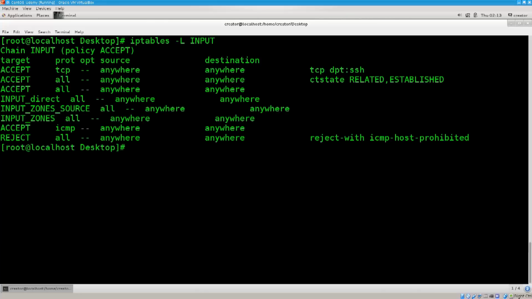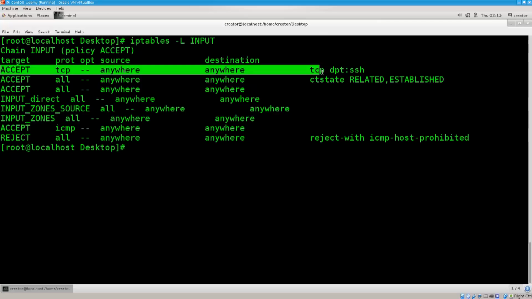And if we do iptables -L INPUT, you can see that my very first rule in the chain is TCP with the destination port for SSH. 22 is the standard port for SSH. We will be, of course, able to change that at will. We'll be able to give it another port from a wide range of port choices a bit later on. For the time being, you need to punch a hole in your firewall in order